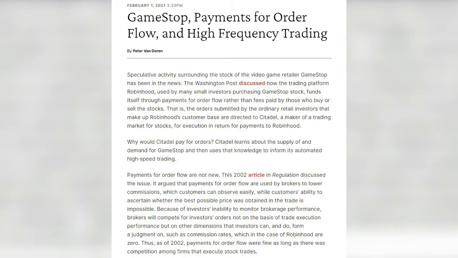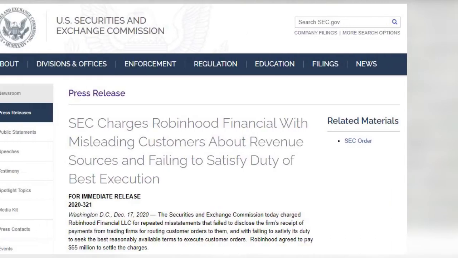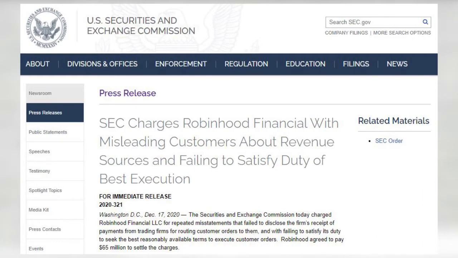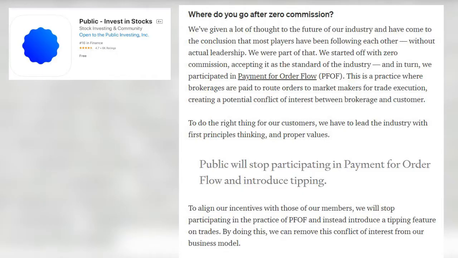As you can see, this method of monetization that Robinhood uses, though technically legal, presents a potential conflict of interest between the loyalty that Robinhood owes to the retail investor like you and me, and to the market maker like Citadel. The SEC in December even fined Robinhood $65 million for failing to disclose to its customers for over 3 years that it engaged in this practice. This is why just a couple of days ago, another investing app called Public announced that they would stop participating in this practice of payment for order flow, and I hope that many more companies will follow suit right now as the critical spotlight is on the capital markets.